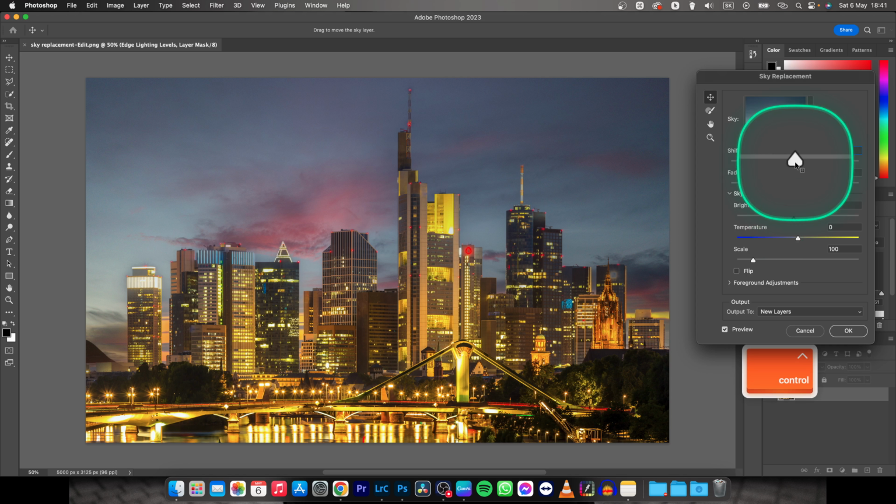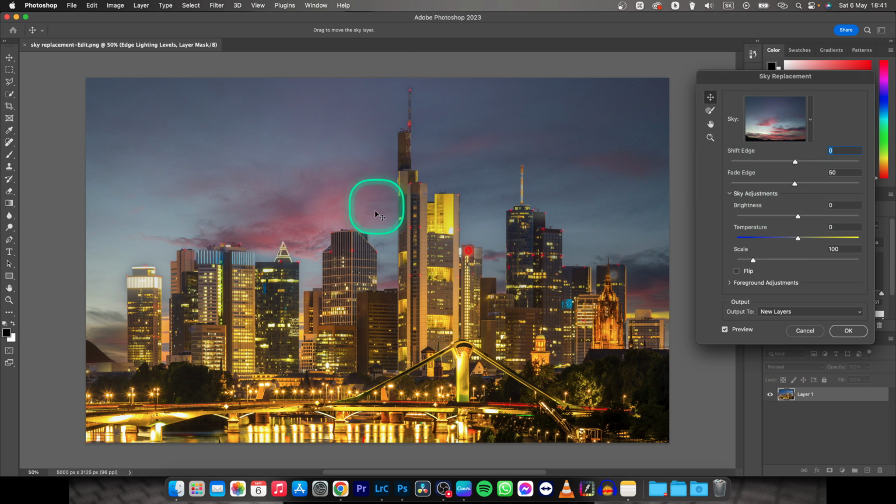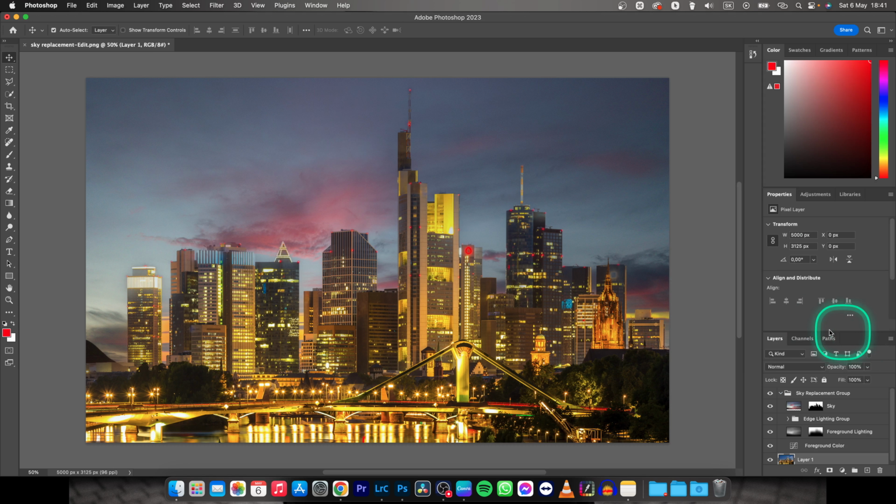So this is an important setting. If your sky is bleeding too much into your actual image, then change this shift edge and it can shift the edges of the sky replacement so it doesn't bleed too much into your actual buildings and everything you have in the foreground. Then press OK, and to save it and move it back to Lightroom, just simply press Command S